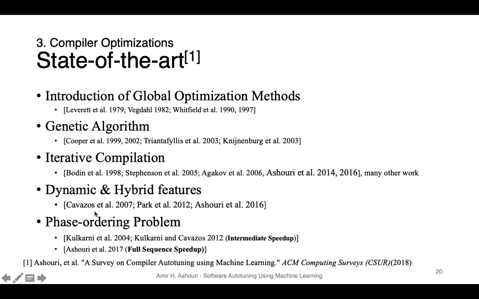Then later on, Cavazos and E.J. Park started to use other types of features for constructing their machine learning models. And lately, there were some papers on the phase ordering problem, and we could also contribute a little bit to the field by some work in phase ordering and also iterative compilation as well. Since I don't want to run out of time, I'm going to describe two of my papers, one of them for the selection problem, and also the other one for the phase ordering problem, so that you get to know better about my research.